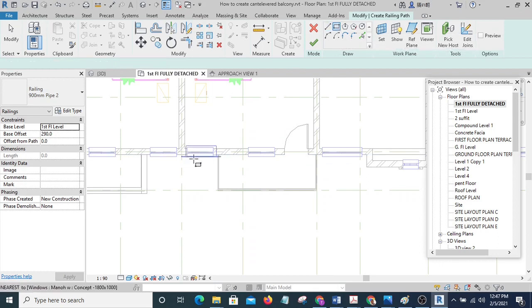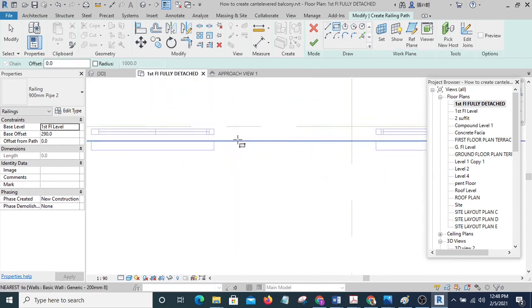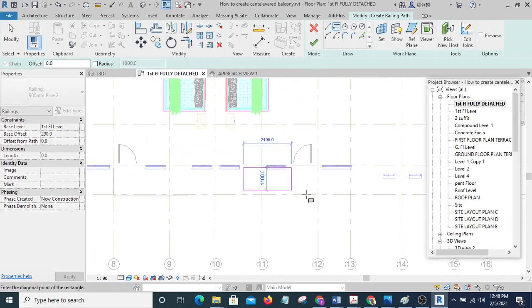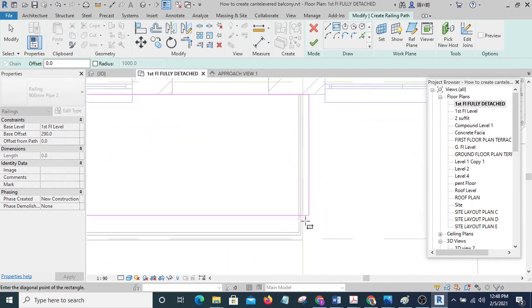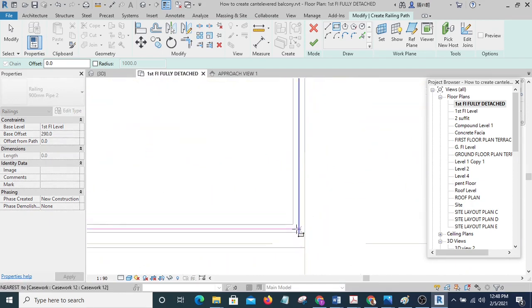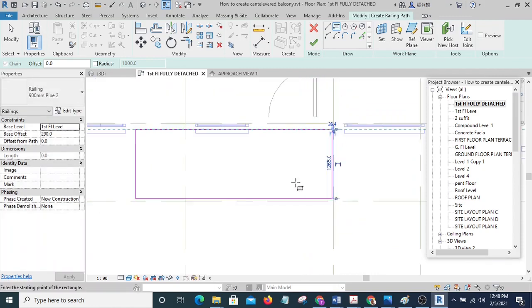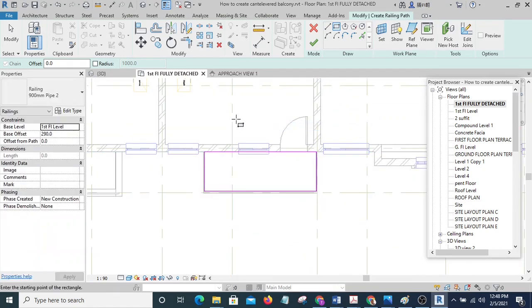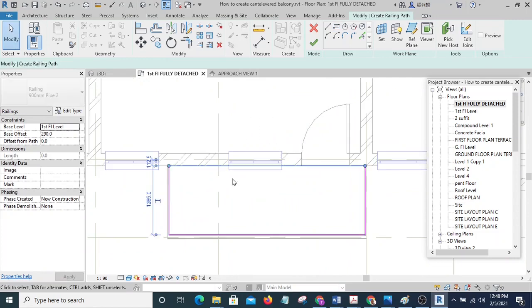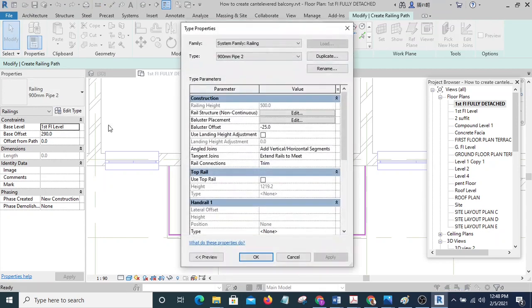Let's see what we have there, and you are going to draw it on exactly where you have your glass. Then I'm going to remove this. Then you are going to edit it.